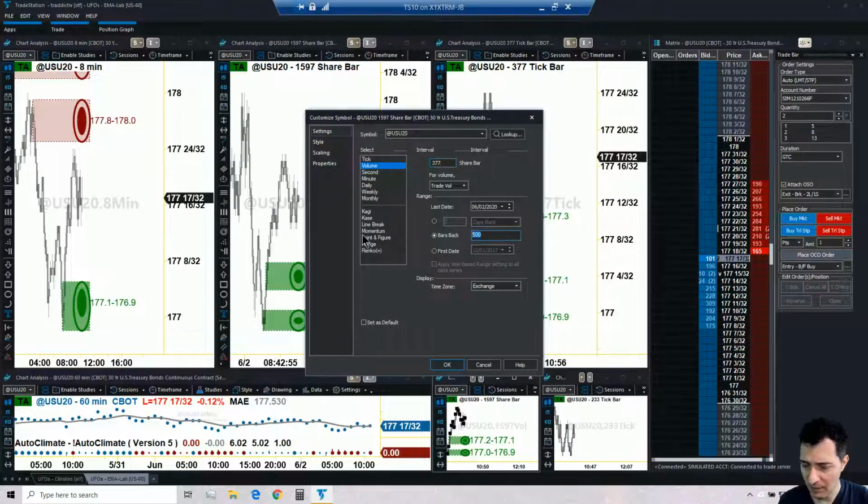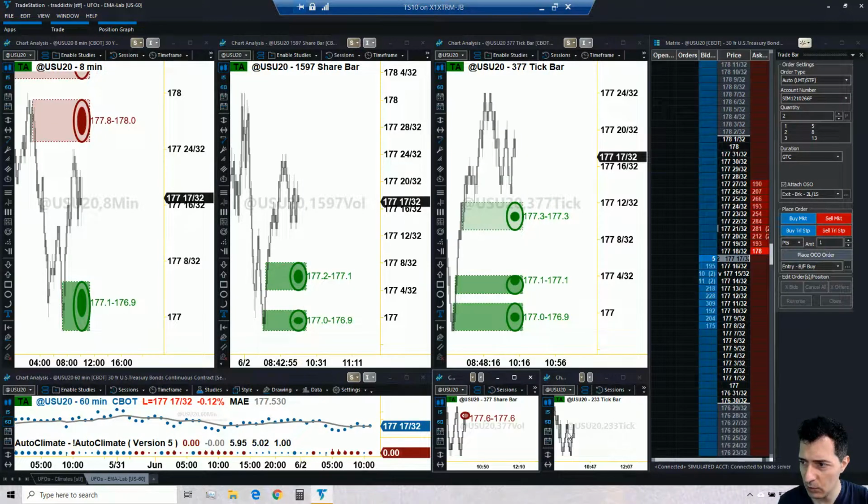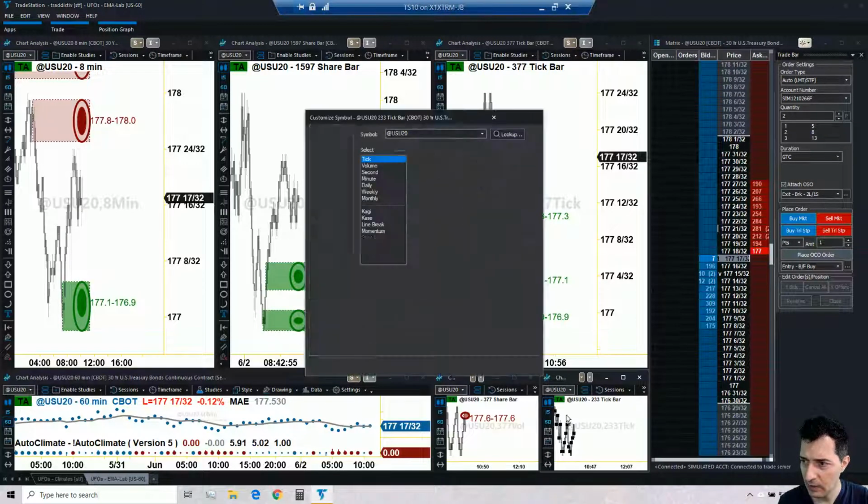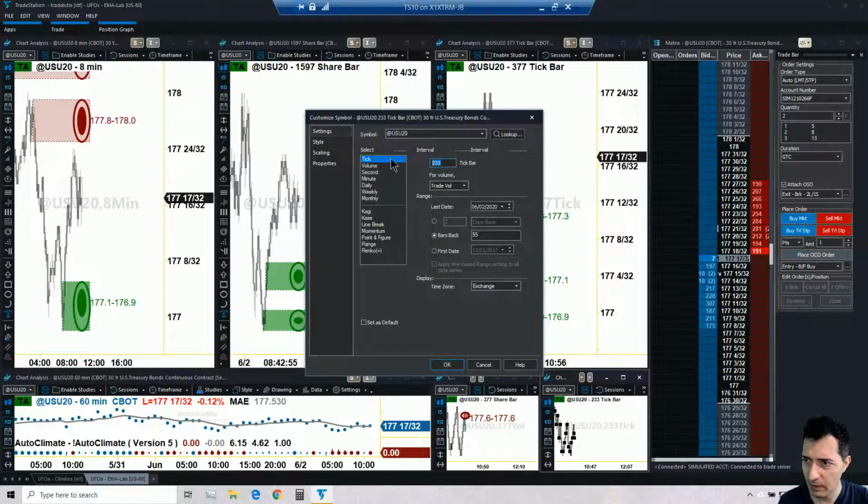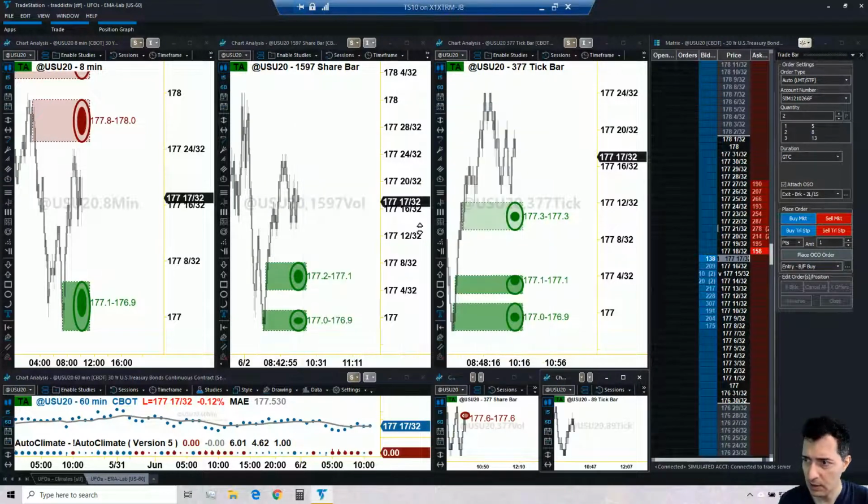Okay, I don't need 500 bars. With 55, I'm good to go. And then we're gonna use 89 for the tick time frame. And here I'm gonna switch this to 55. Okay, and I'm gonna save this workspace. And now let's do the same type of analysis to see if there is a trade available or not